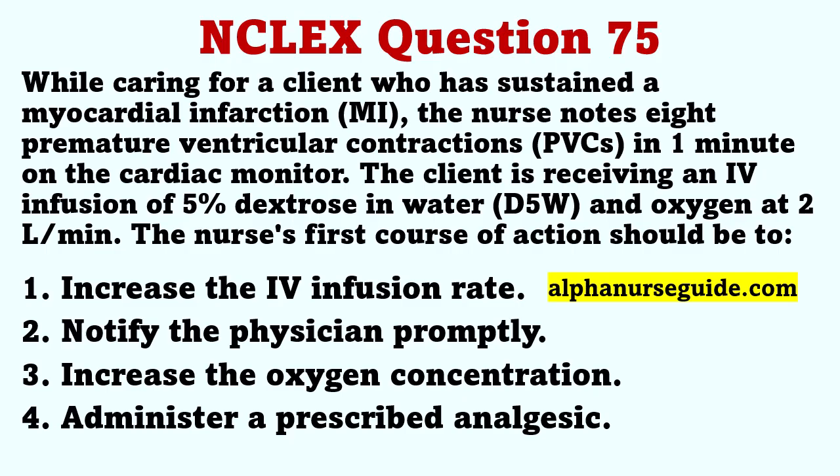Notify the physician promptly. PVCs are often a precursor of life-threatening arrhythmias, including ventricular tachycardia and ventricular fibrillation. An occasional PVC is not considered dangerous, but if PVCs occur at a rate greater than 5 or 6 per minute in the post-MI client, the physician should be notified immediately. More than 6 PVCs per minute is considered serious and usually calls for decreasing ventricular irritability by administering medications such